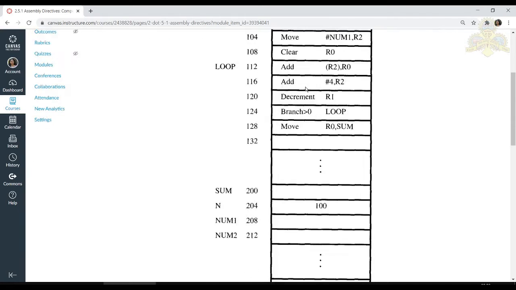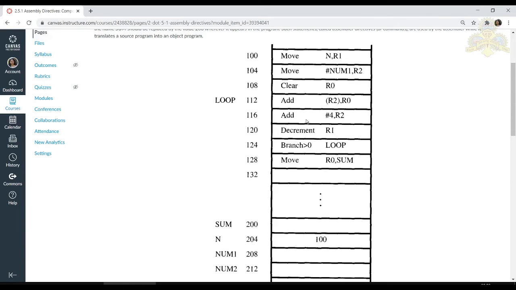This program adds 100 numbers. We have 100 numbers, so it would add the 100 numbers and the sum would be moved to a particular location. This is the memory arrangement for that. If you go by these statements, you will understand.